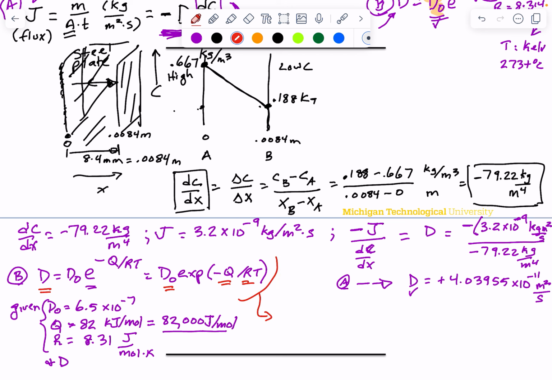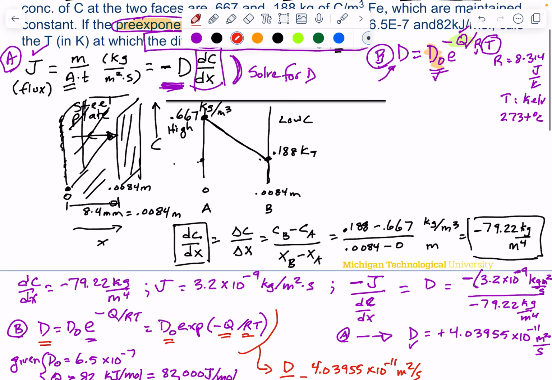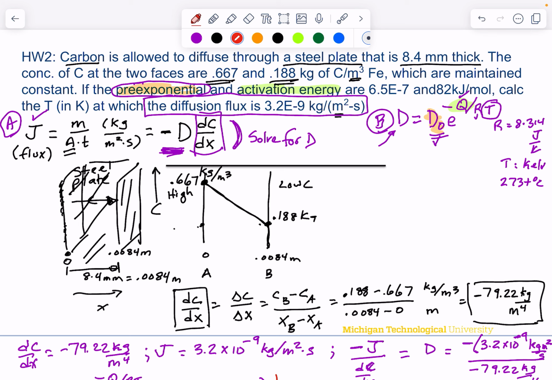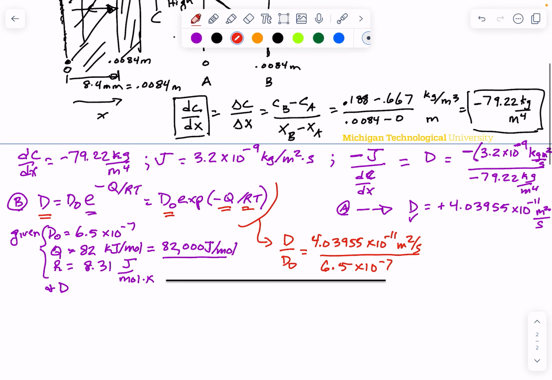So I'm going to divide by D naught. So D over D naught, and I'm going to put in the real values. So that's going to be 4.03955 times 10 to the minus 11 meters squared per second. I'm going to divide by 6.5 times 10 to the minus 7, and I believe that was in meters squared per second. Let's assume it was meters squared per second. And that will then equal